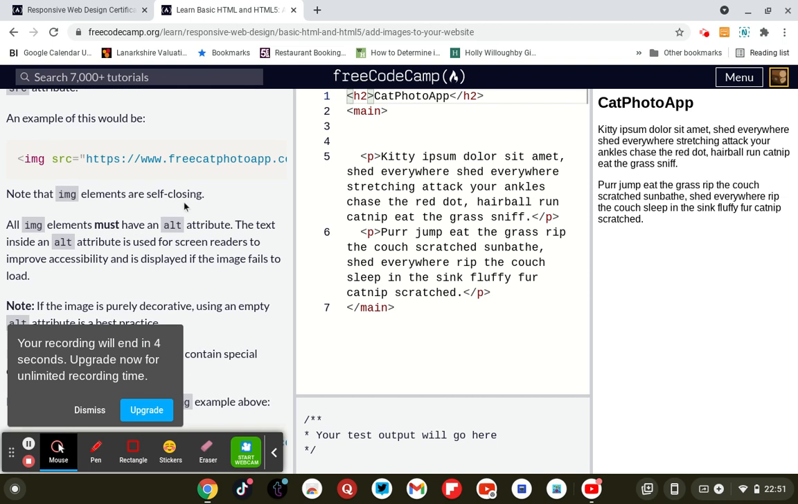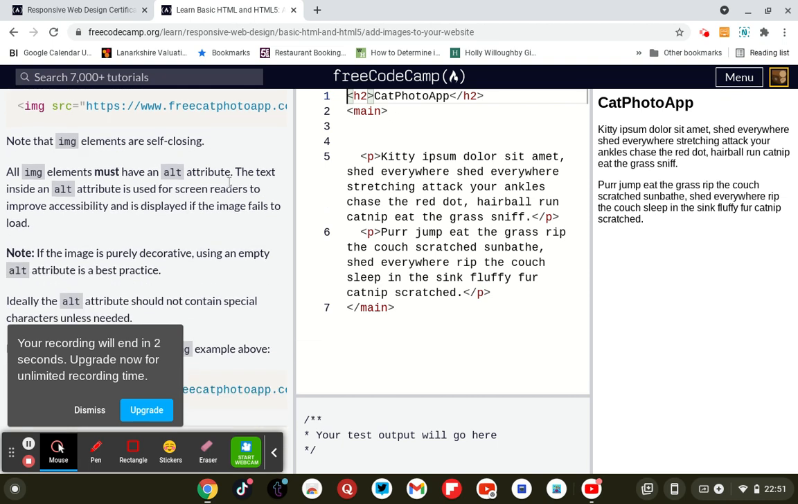Note that the image elements are self-closing. An image element must have an attribute